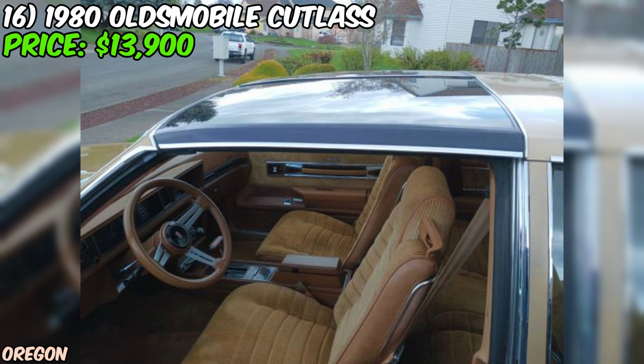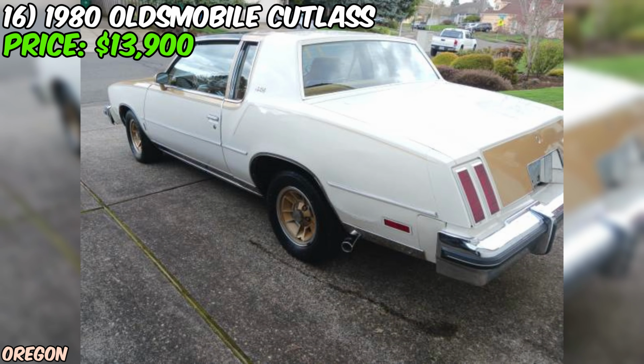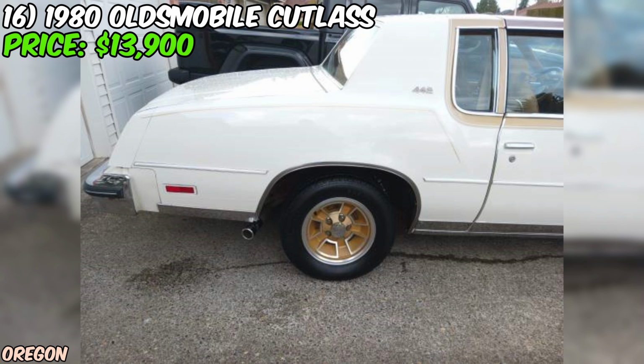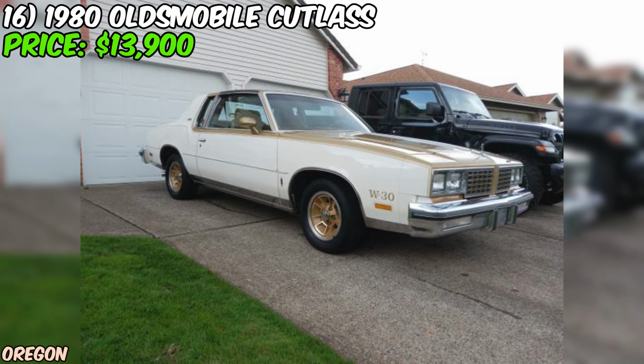81,000 miles on the odometer, this car has a ton of life left in it. Under the hood, you'll find a 350 V8 engine with a 4-barrel carburetor and dual exhaust. This thing is a beast, and it's ready to tear up the streets. The seller notes that the car starts, runs, and drives, which is pretty impressive for a vehicle that's been sitting